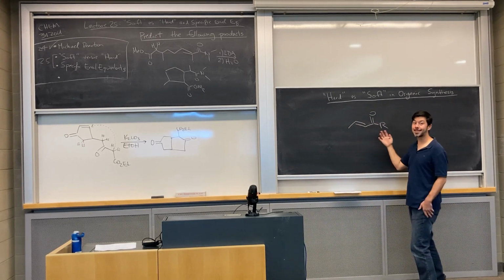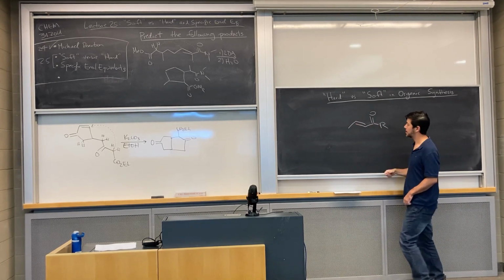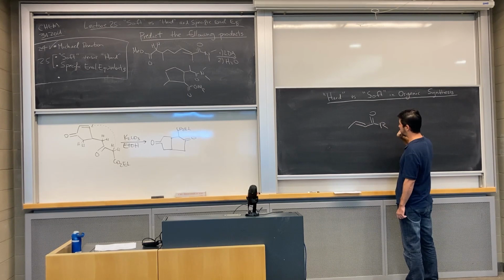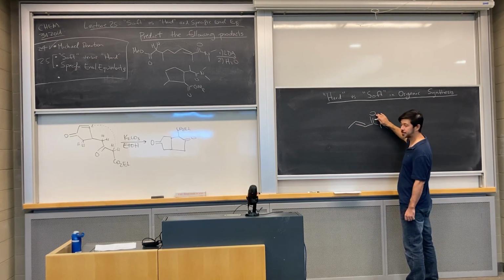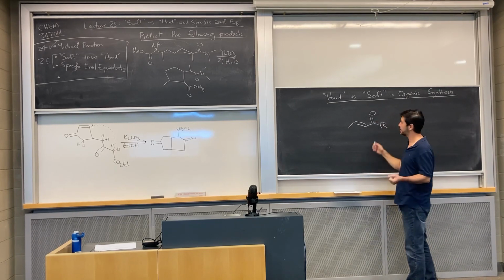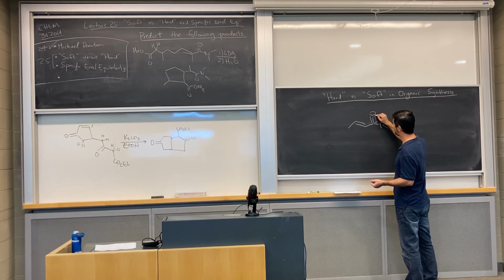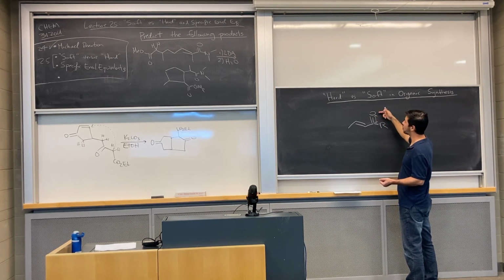Okay, so let's look at this electrophile here. You have two electrophilic sites. For example, let's look at this one up here. You have a carbon and then an oxygen bond, so you know that oxygen is more electronegative. So I'm just going to draw a little dipole moment here showing that this is actually a more polarized electrophile,